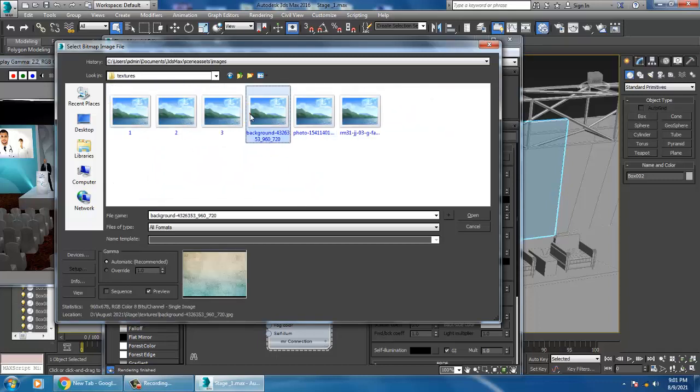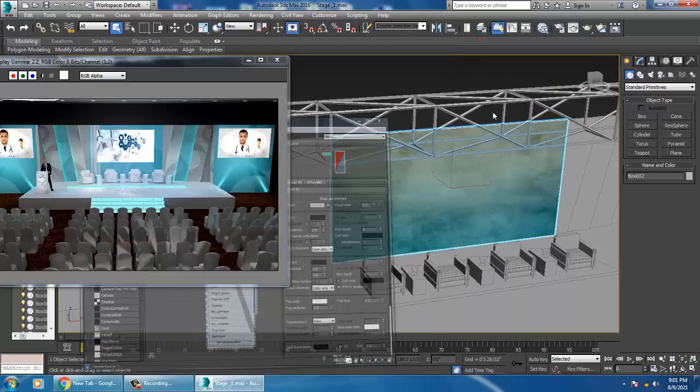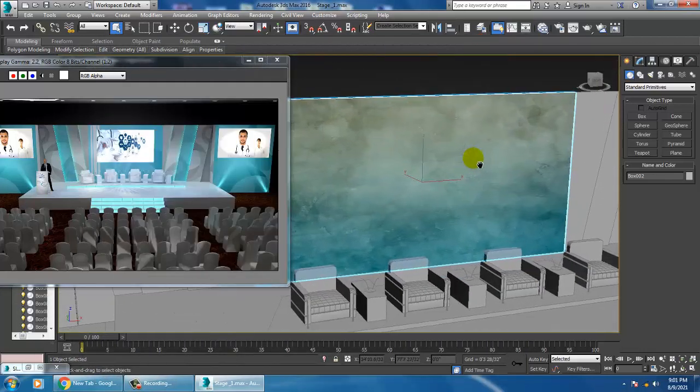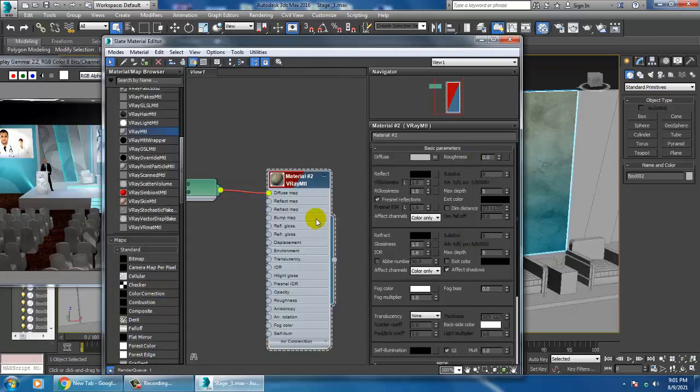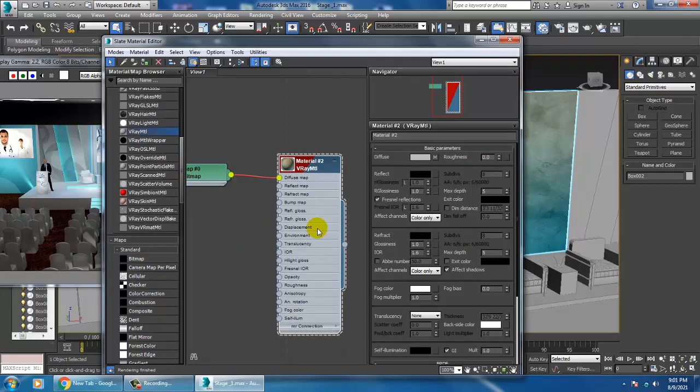I have generated this background texture. If you want, you can connect it with this also.